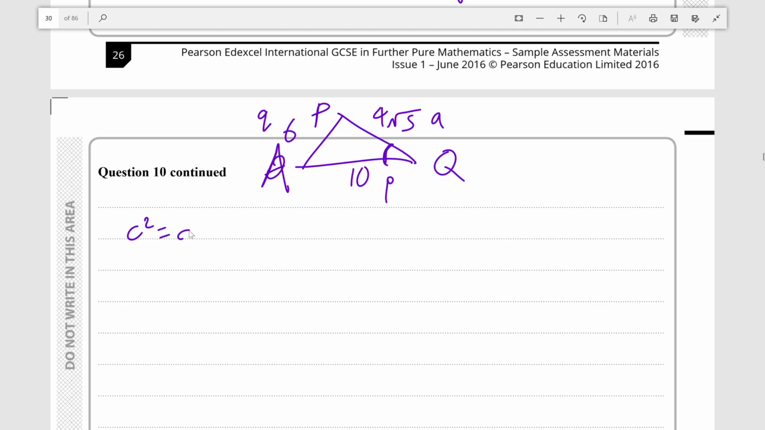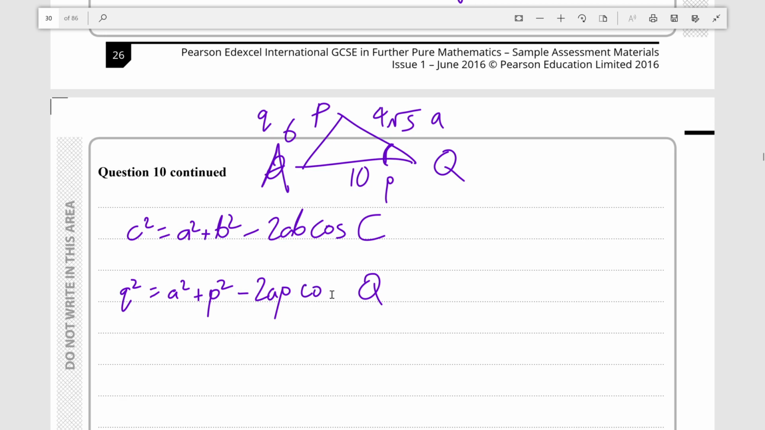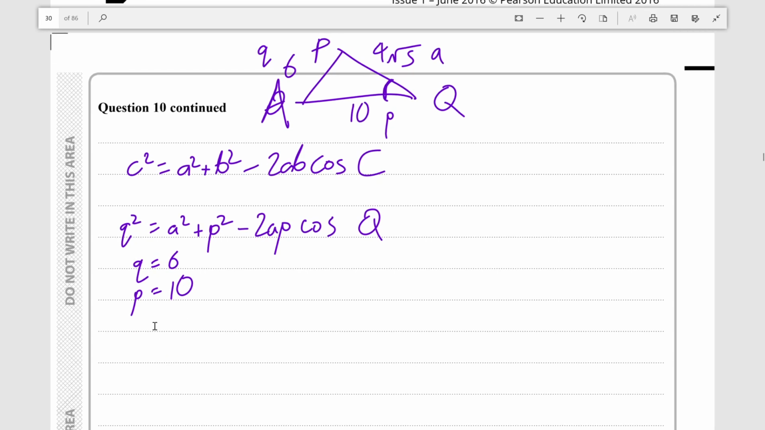We have c squared equals a squared plus b squared minus 2ab cos c. And we convert this into the ones we are looking for. So we are looking for angle Q. So q squared is equal to a squared plus p squared minus 2ap cos Q. And we know that q is equal to 6 and p is equal to 10. And finally, a is equal to 4 root 5. So we will know that